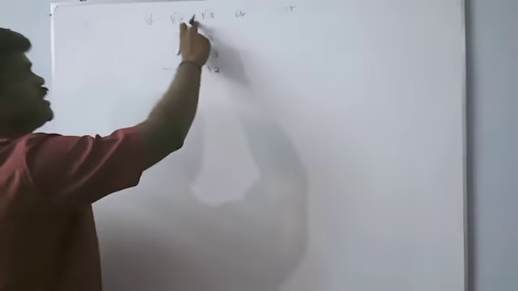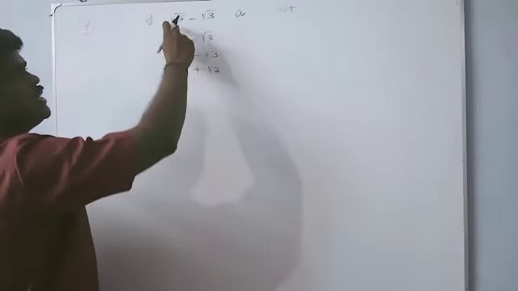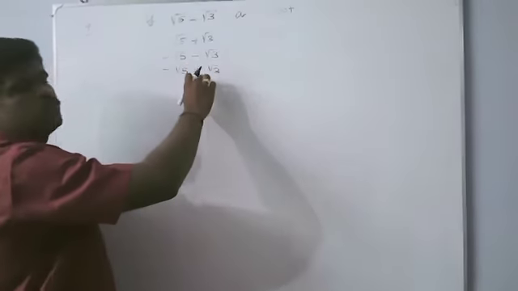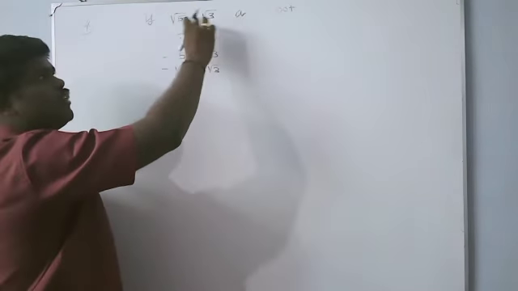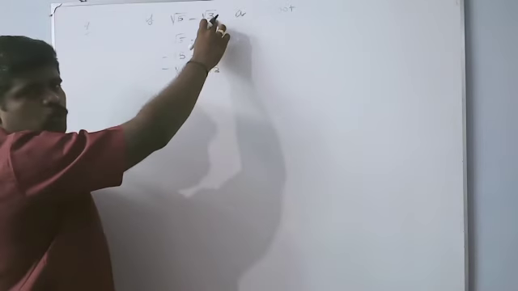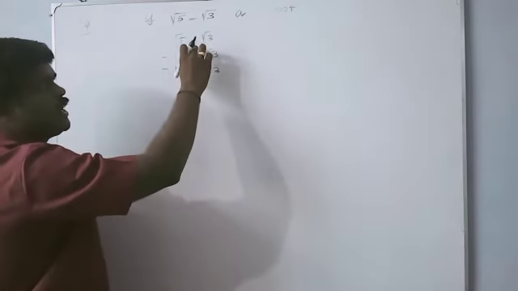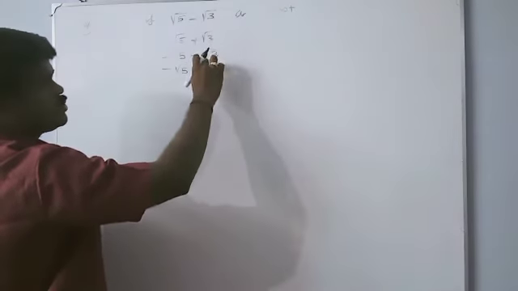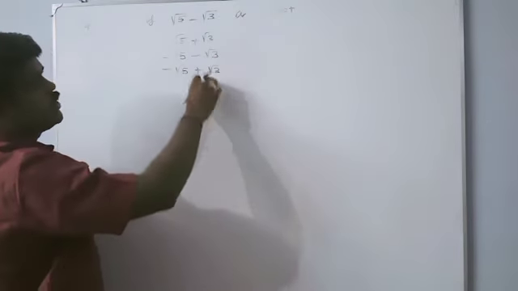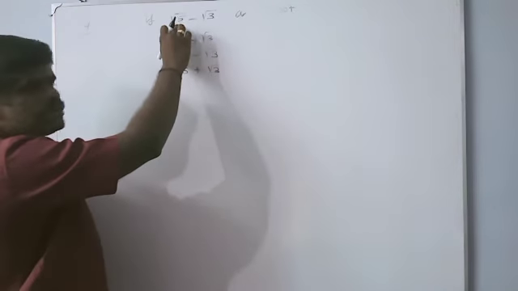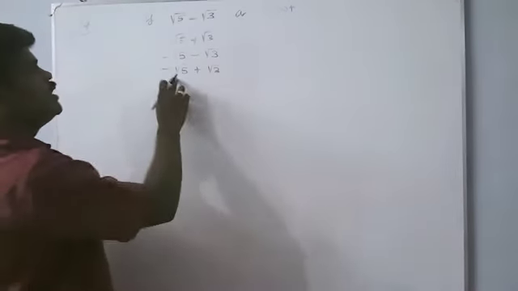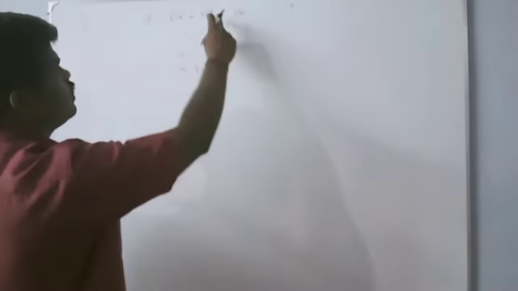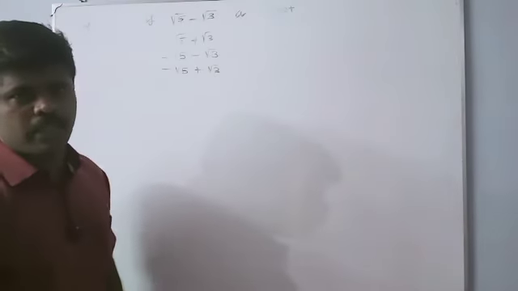First change here to plus, and change this term. Write these two terms: minus root 3 plus root 3 again. Root 5 minus root 3 is one root. We have to change this minus to plus, and write minus root 3 also and plus root 3 also. Here plus root 5 is there, so write minus root 5 and minus root 5. Okay. These are the 4 roots of the equation.